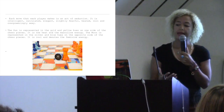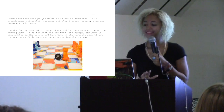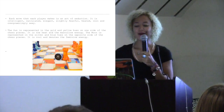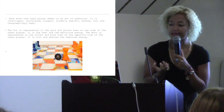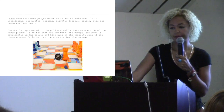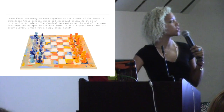Each move that each player makes is an act of seduction. It is intelligent, calculated, elegant, slightly fearful, heated, cool, and overpoweringly sexy. The sun is represented in the gold and yellow hues on one side of the chess piece, and it is the heat and the masculine energy. The moon is represented in the silver and blue hues on the opposite side of the chess piece. It is cool and denotes the feminine energy. When these two energies come together at the middle of the board, it symbolizes their sensual dance and spiritual union,